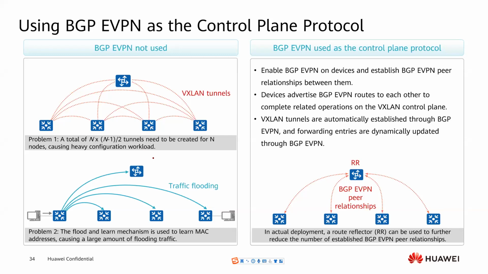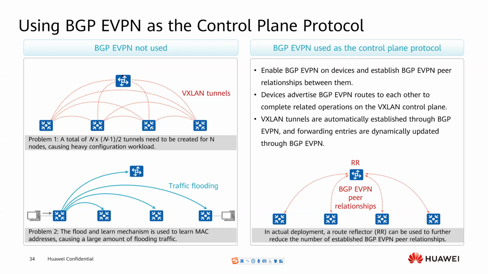The first thing, when we need to learn new technologies, is to consider why we need to use these technologies. So we need to learn what the disadvantages are of manually built VXLAN tunnels. You can find that if we don't use a control plane and just configure the VXLAN tunnels manually, you will find that